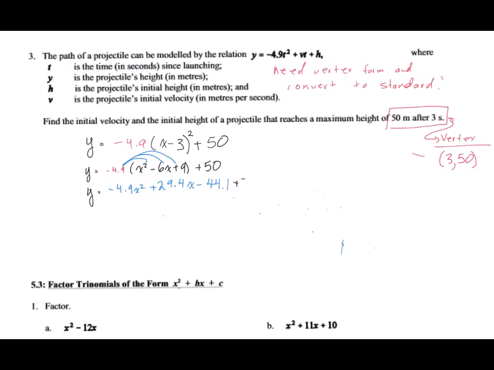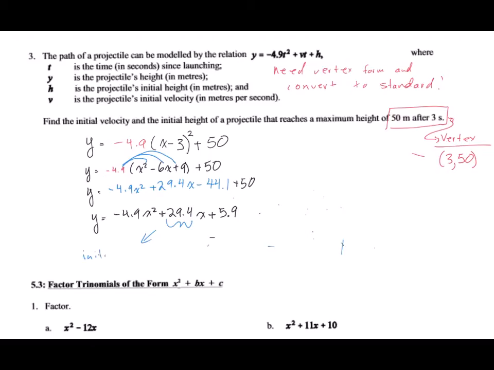Now what we have to do is collect the like terms. The only like terms that are similar are going to be the negative 44.1 and the 50. So we're going to get negative 4.9 x squared plus 29.4x plus 5.9. So now, if I look back at the original equation, it said the initial velocity was the second term in that list,